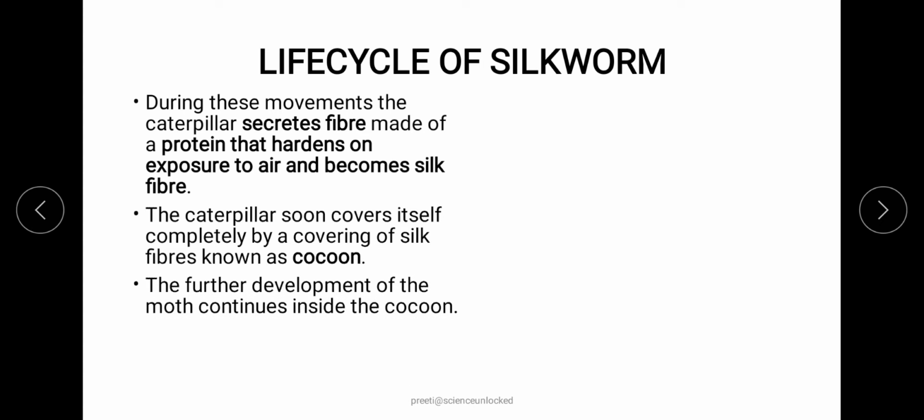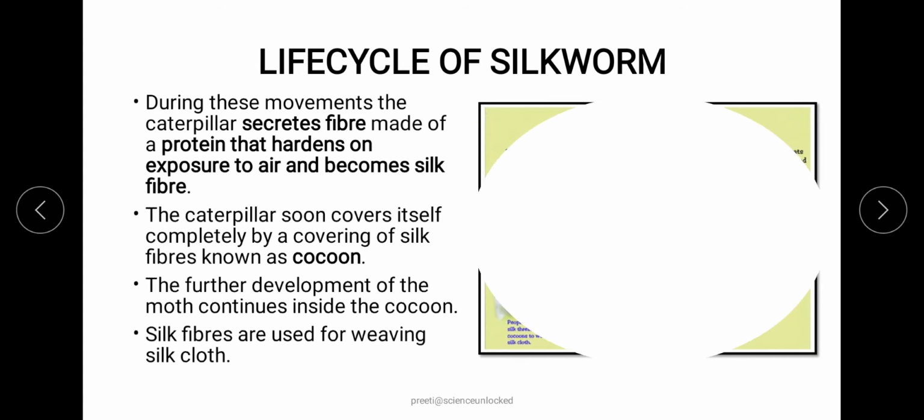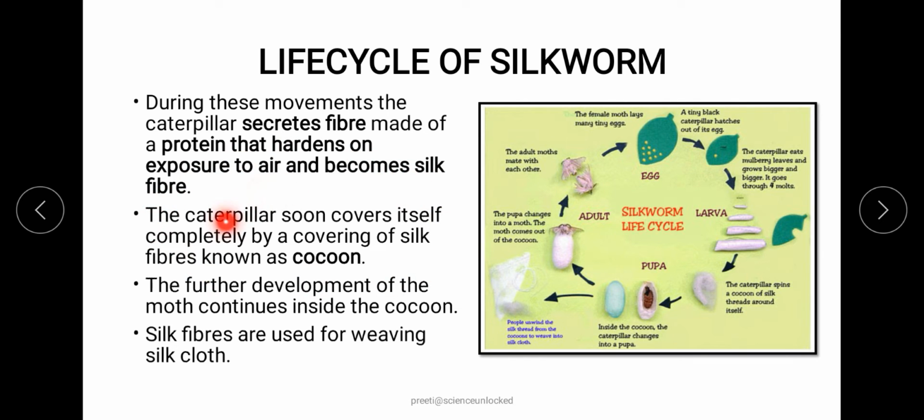So that means this pupa structure is the structure that we are looking for, from where we will be obtaining our silk fiber, for which we have to take care of these cocoons, and we have to stop their further modification and further development of the life cycle, so that we can obtain the fiber from that pupa structure.